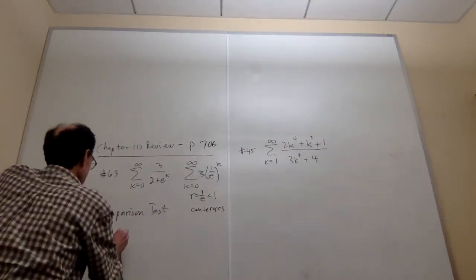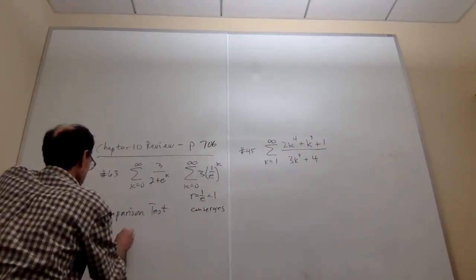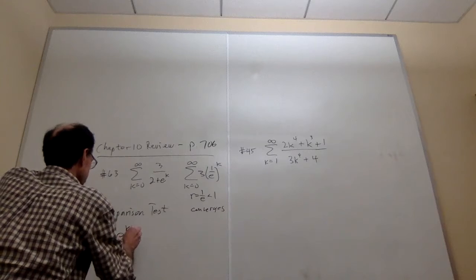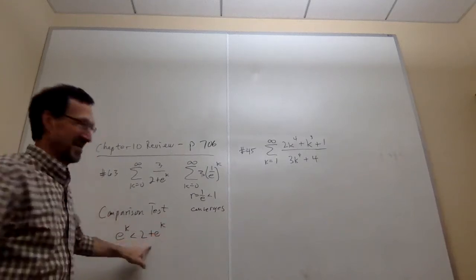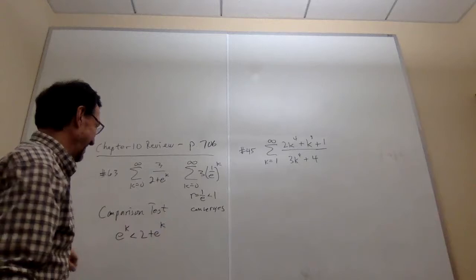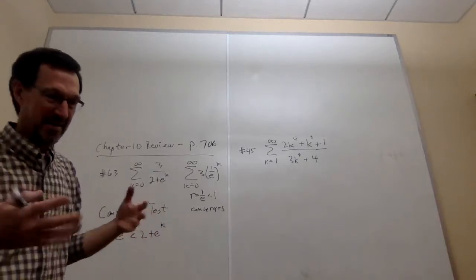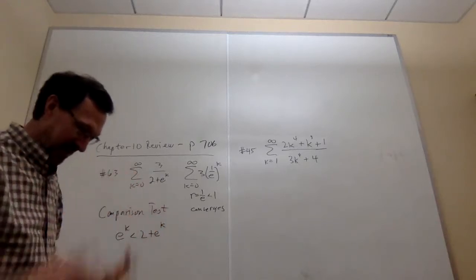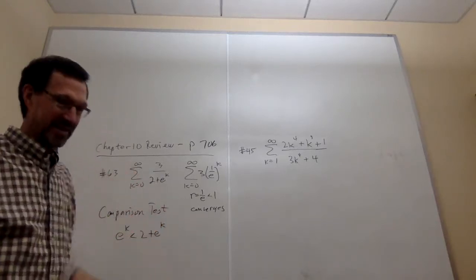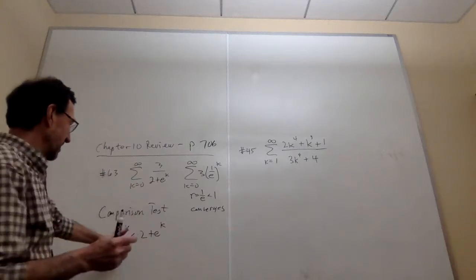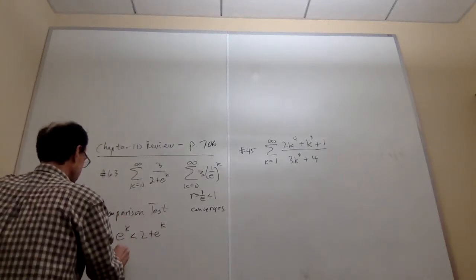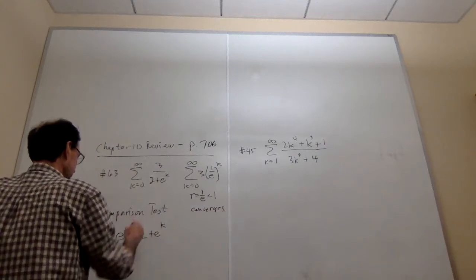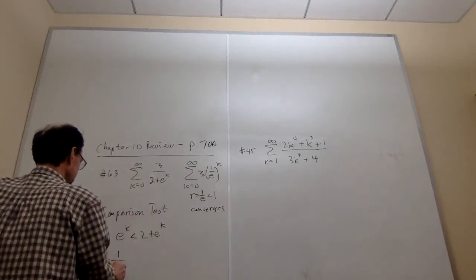So this is pretty trivially true. e to the k is smaller than 2 plus e to the k. This is exactly 2 bigger than that. If I reciprocate, flip over expressions from an inequality, the sign of the inequality changes. So I'm going to do that by flipping these around. So we're going to reciprocate, and I'm going to move this one to the left because now it's the smallest.